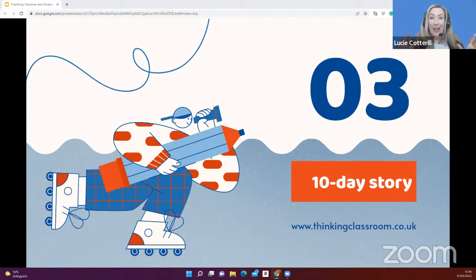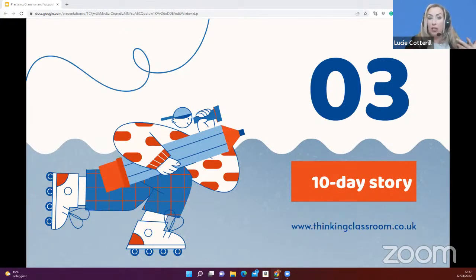Today, we're going to try this out and we're going to use Google Slides. If you don't have technology in your classroom, you can do this simply on pieces of paper, with one piece of paper for every day of the story. But as I say, we're going to use Google Slides today, and the presentation has a total of 10 slides, one for each day, and each slide has 2 pictures on it to give students a bit of inspiration and a text box where they can write the text of their story.